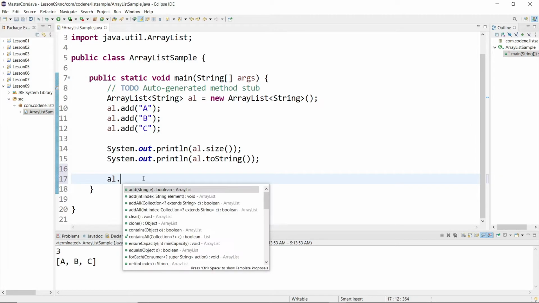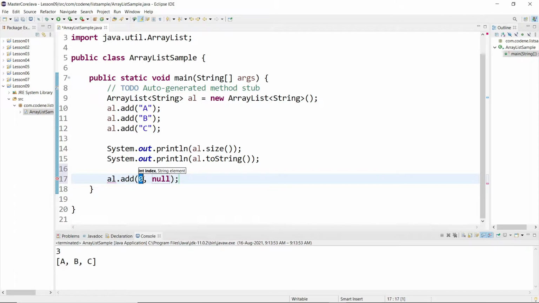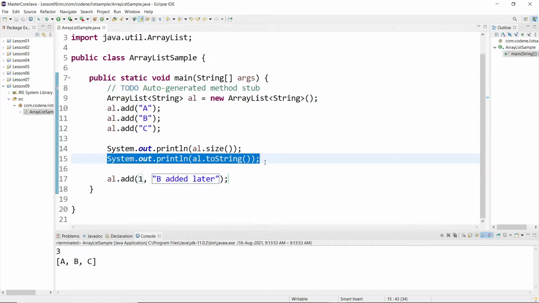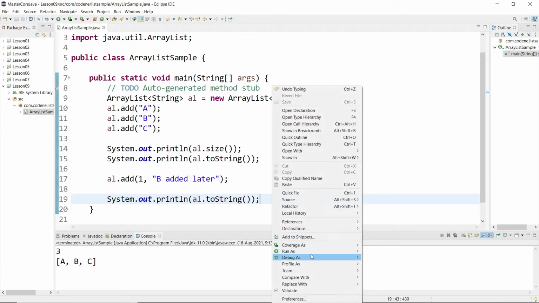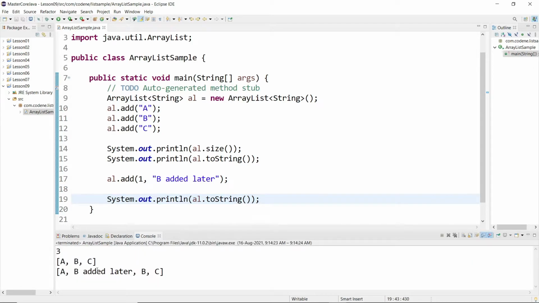For example, I want to add at some particular index, say index 1. The index will be the same as that of an array. I add a string, and now I want to print the same. Now if I run this I will get an output like this.